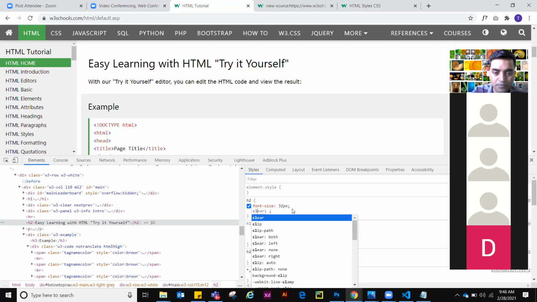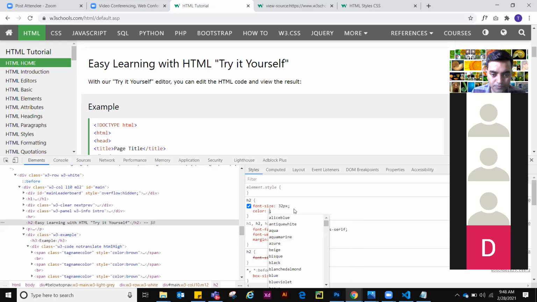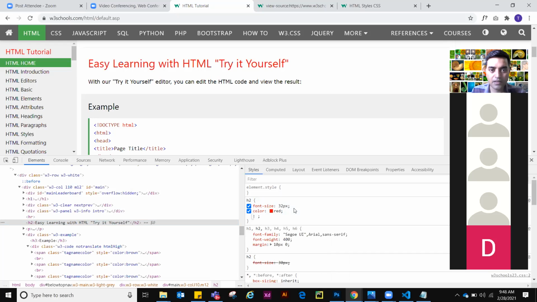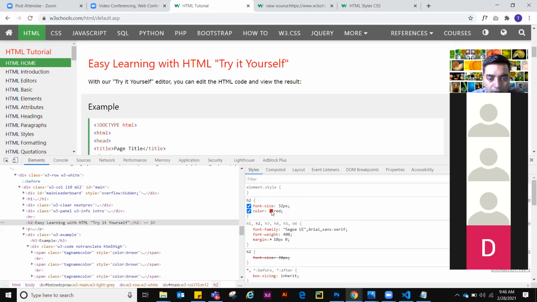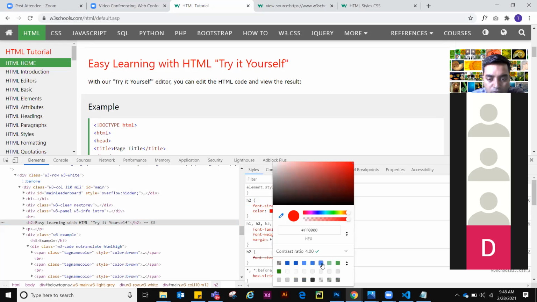Let me add color to it. Can you see? Yes, the color has been changed to red. Let me change it to something else like green. So now the color is green.